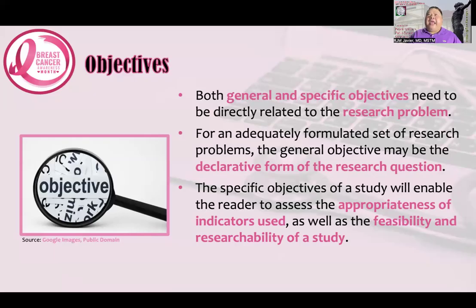For my preceptorial classes, I normally tell them that if you want to look at, let's say, the relationship of variable one and variable two, I just simply cut the specific objectives into three main parts. I normally just require three basic specific objectives. Specific objective number one would often describe the demographic profile of your study respondents.